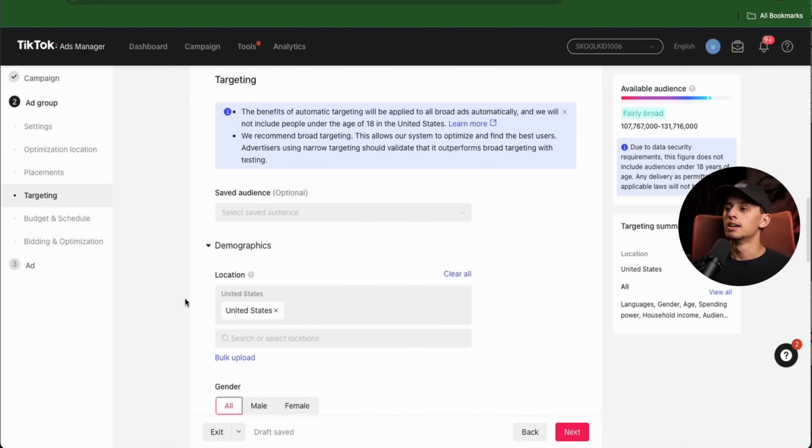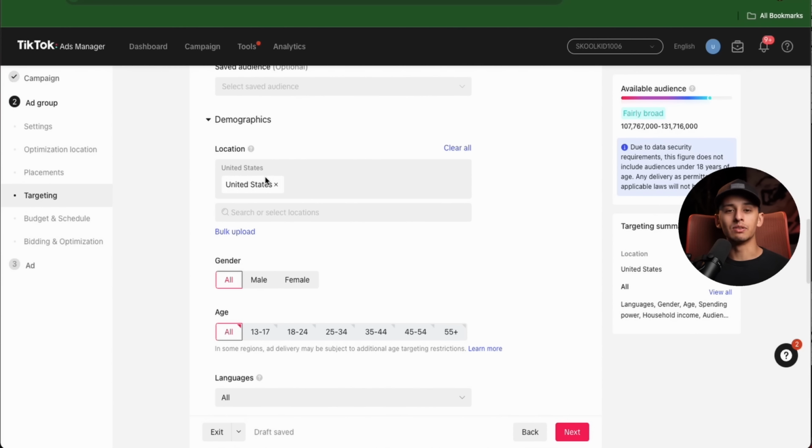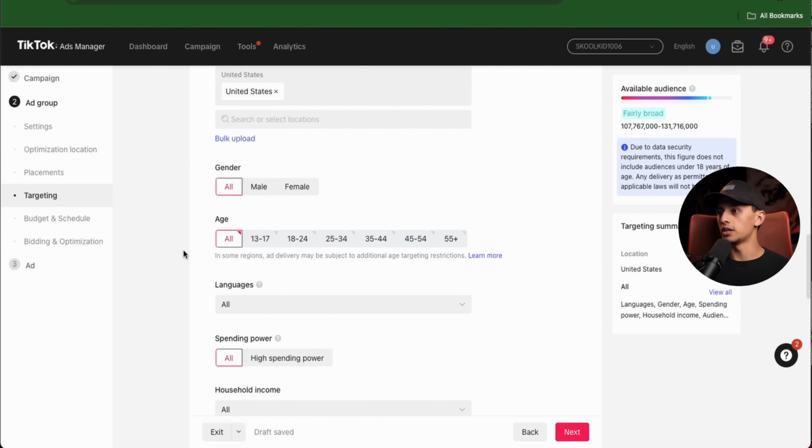And then after that, for me, I live in the United States of America proudly. And so I'm going to do United States location, gender. It should be female only. However, for us on TikTok, we see a lot better performance by just letting it spend for both male and female. TikTok tends to optimize pretty well. And then for age, we will just do 18 plus. That way we're not getting